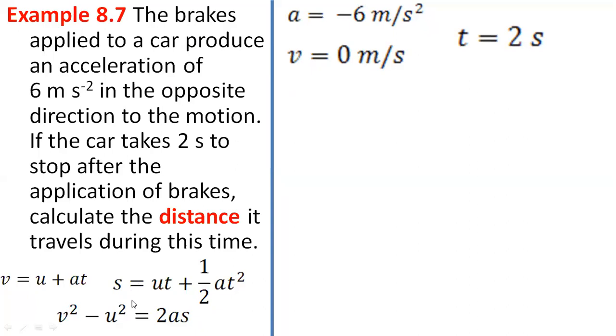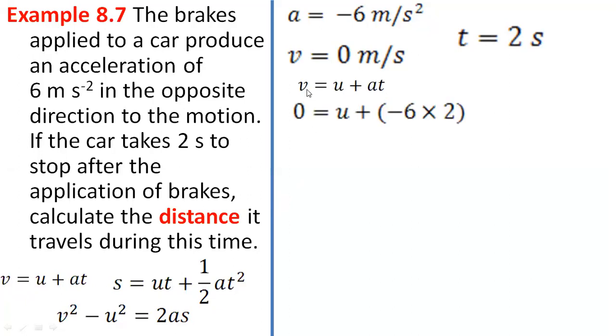Now we can use the second formula or third formula. Both we can go for. But the problem is that in both cases we require initial velocity u. U value we have to calculate. So what we'll do? We will calculate that u value first from the first formula, then we will substitute into the second or third formula. So first we will use the formula v is equal to u plus at. Why? Because we require u for the second and third formula. Actually we are interested in distance, that is s, but we require u value for it. So let us use v is equal to u plus at first.